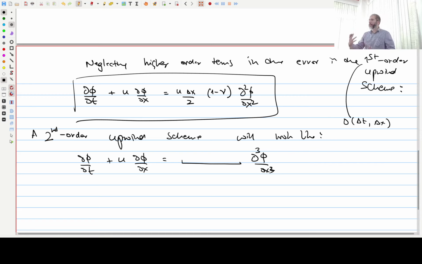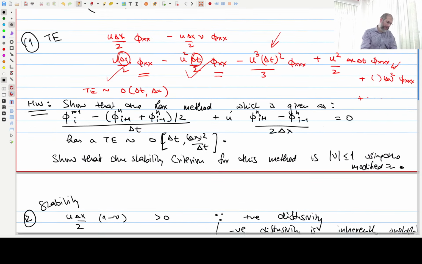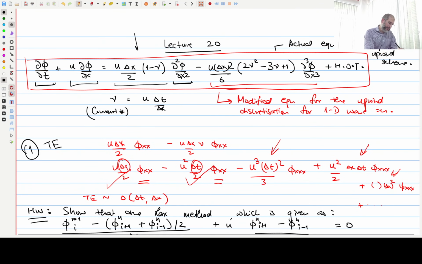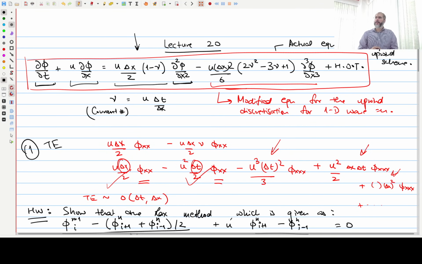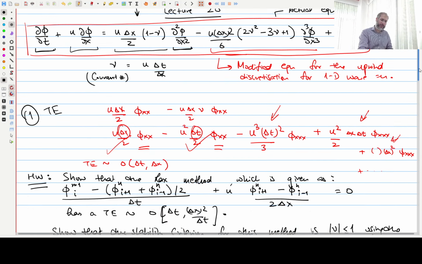So we'll do something as we have been doing to generate higher order schemes. We will do something to get rid of this first term. We'll have to include more terms in the discretization. So this is not the exact same. This discretization we've been talking about is first order upwind. If we were to use 2 upwind points rather than just 1 upwind point, okay,